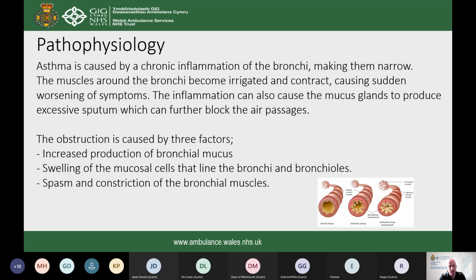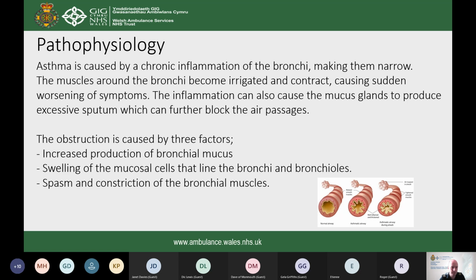So asthma is caused by chronic inflammation of the bronchi, making them narrow. The muscle around the bronchi becomes irritated and contracts. It can cause sudden worsening of symptoms. The inflammation can also produce excessive mucus that will block those airway passages. And you can see that in that little image down the bottom. You've got a normal airway, then it starts to constrict because it's irritated, then mucus is built up and